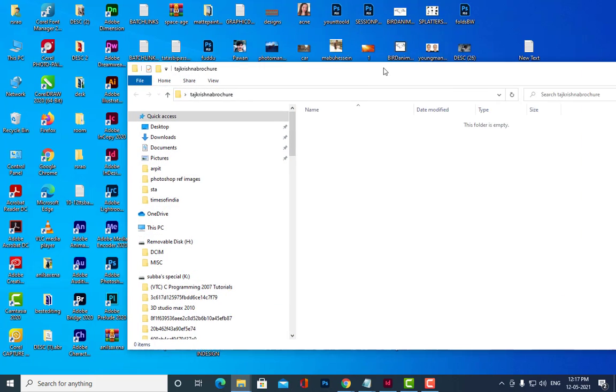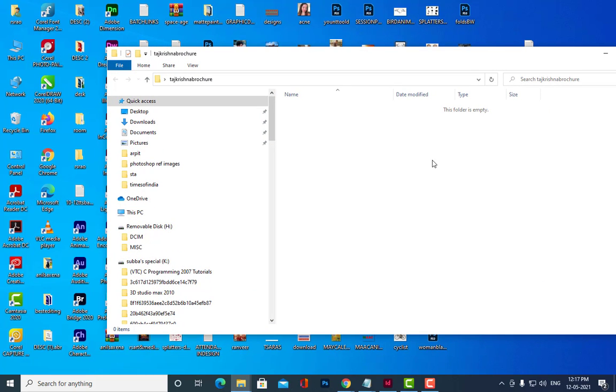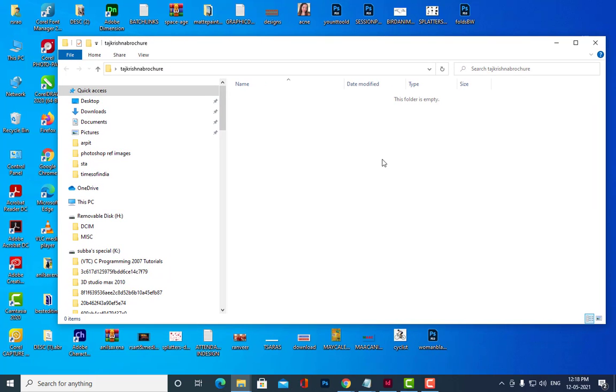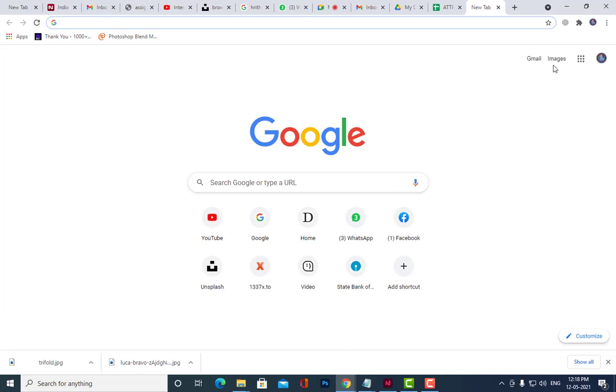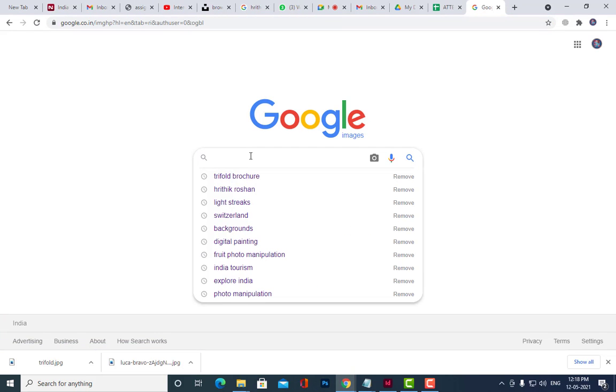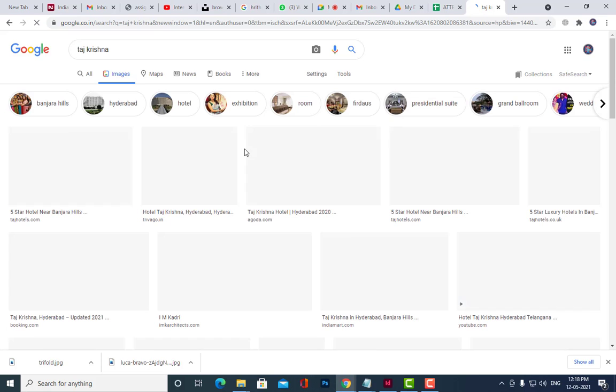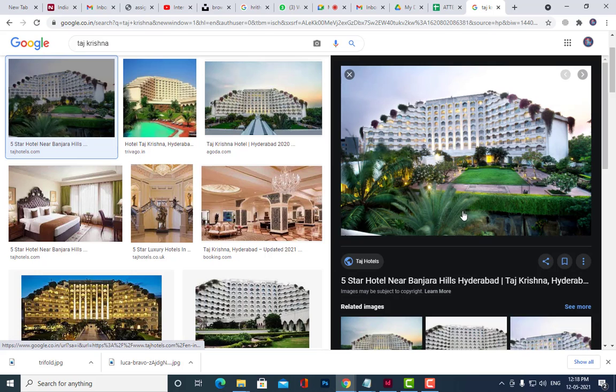Right. So let me get some images. Okay, we'll put some images inside the folder. So I'll say Taj Krishna. Okay, so this is Taj Krishna.